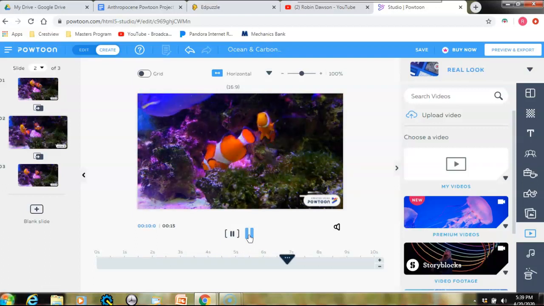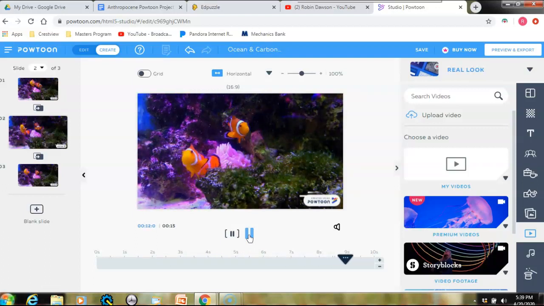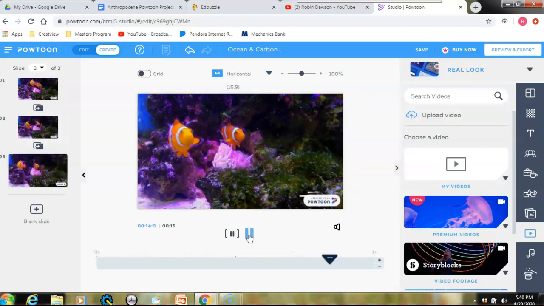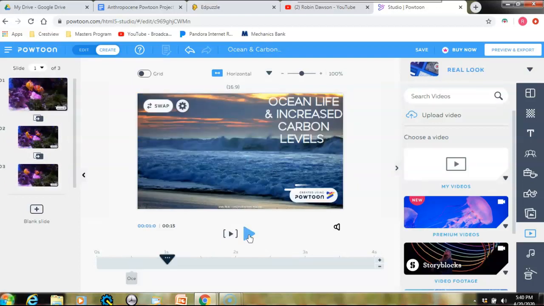I will be putting a rubric up with all the expectations, okay? But that is kind of the basics behind all of this. Whenever you are done for the day or for whenever your project is all ready to be graded, you're going to hit save. It does automatically save it, but I don't trust it. So you always hit save, and then if you go back to your like home page of Powtoon,